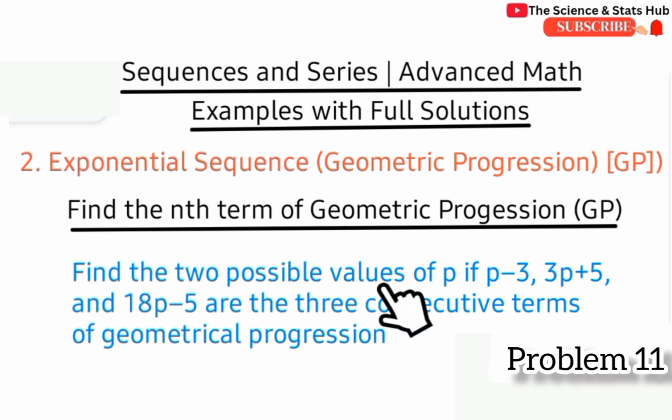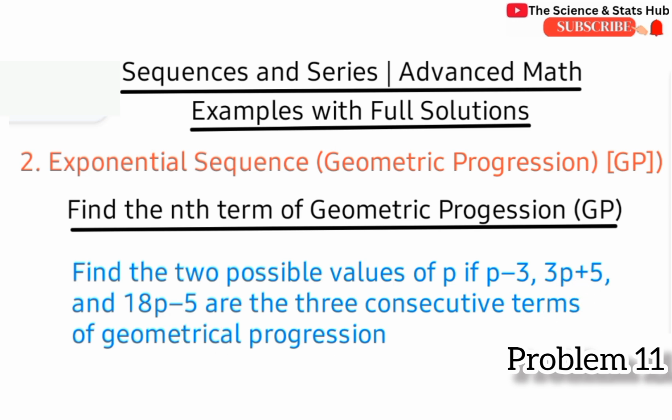Now let's take a look at this challenge. Find the two possible values of p if p minus 3, 3p plus 5, and 18p minus 5 are the three consecutive terms of a geometrical progression. If p minus 3, 3p plus 5, and 18p minus 5 are the three consecutive terms of a geometrical progression,